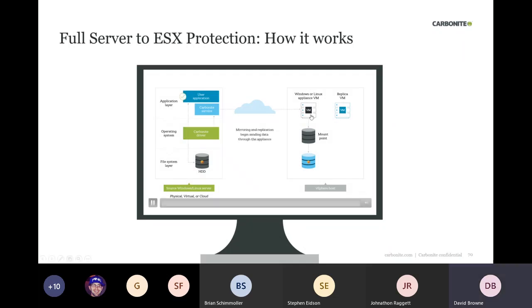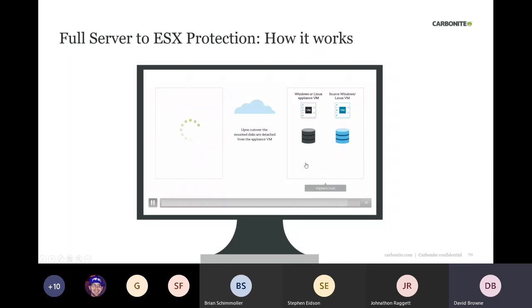Let me skip on to the next one. Written through that VRA and being written to this detached VMDK file. When you do the cutover, all we do is take it from here, attach it to that VM, and turn it on. So the migrate, literally, how long does it take to turn on a VM? A couple of minutes? That's how long you're going to be down when you do that migrate